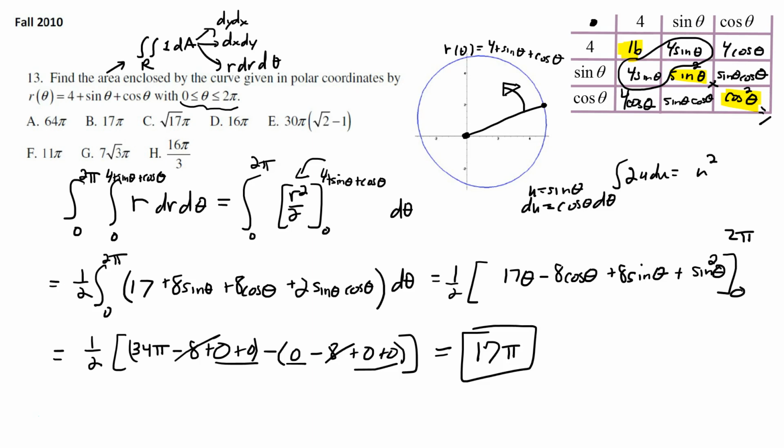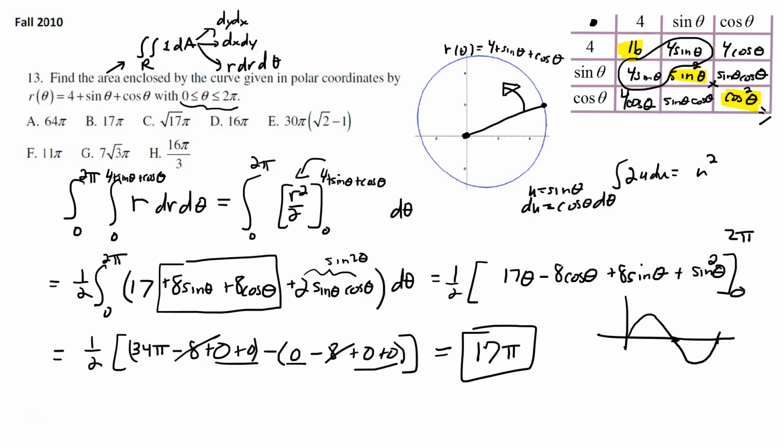Also, you could have skipped the integration of these two guys, well, even the third guy too. Once you recast it as the sine of twice theta, you could skip the integration of all three of those guys. Because of the way sine theta works, when you integrate from 0 to 2 pi on it,